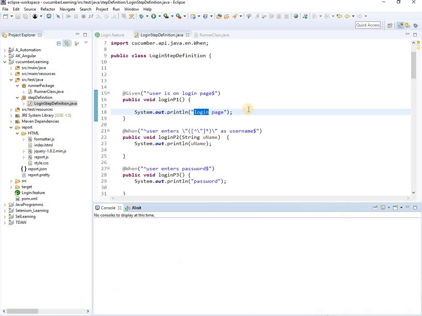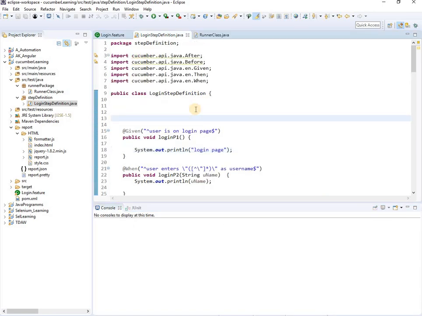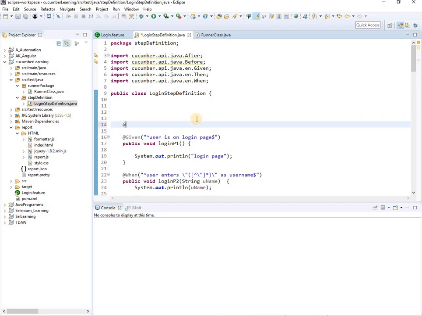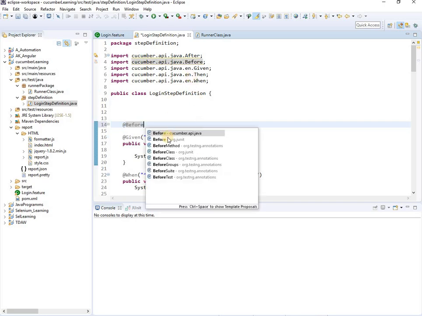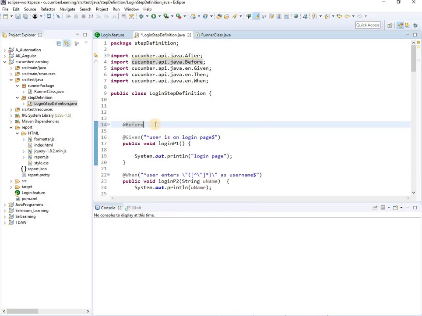Now let's talk about some of the other annotations also, which is @Before and @After. What is @Before? There are many @Before annotations, I have TestNG also, but currently we are working on Cucumber, so we have to use the Cucumber @Before.